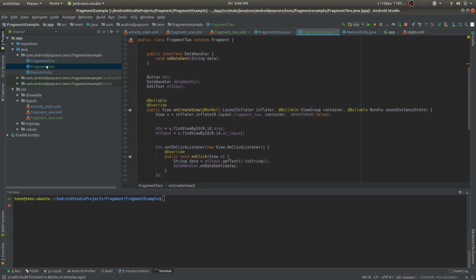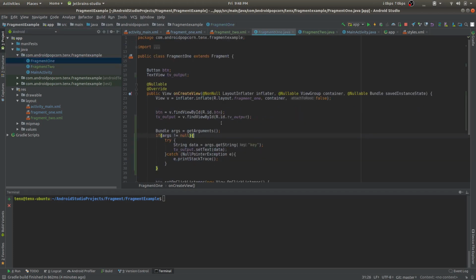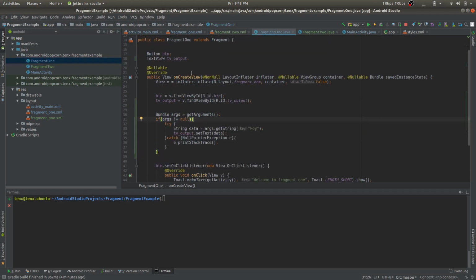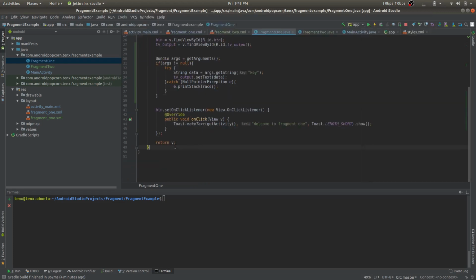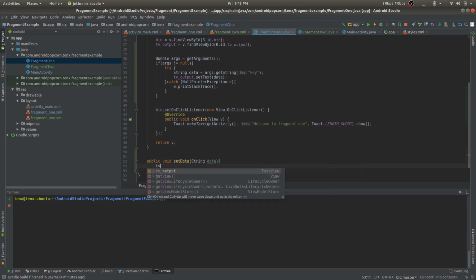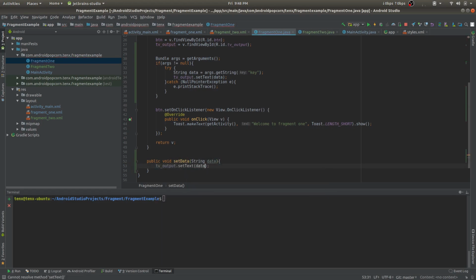And now I have to receive it on this end, so we have our tvOutput. I'm going to create a public method to reset our text view, let's call it setOutput, setData. I'm going to send in some string, and I'm going to call tvOutput.setText data. So this is our method, and I'm going to